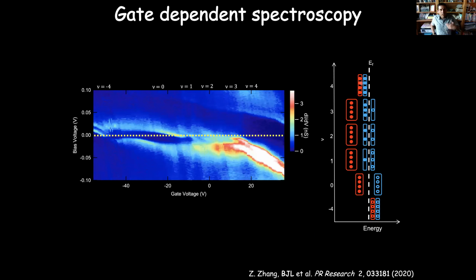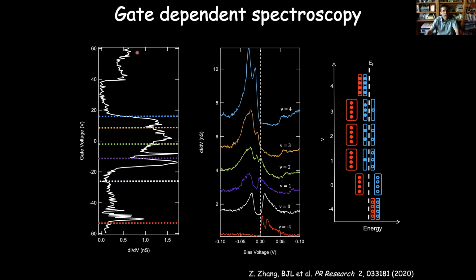To connect these measurements with the transport measurements that I showed before, what we need to do is not look at vertical cuts through here, but take a horizontal cut through this data. That's telling us what's happening at the Fermi level. We want to look at the density of states at the Fermi level, because that's what's measured by a transport measurement through one of these devices. So if we take a horizontal cut through here, that's this white trace here.